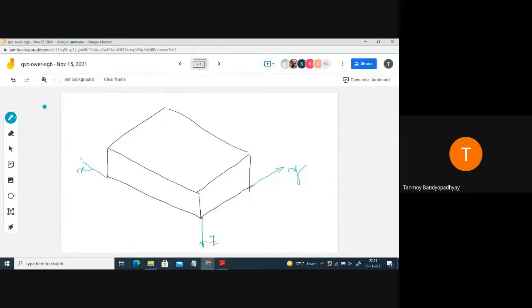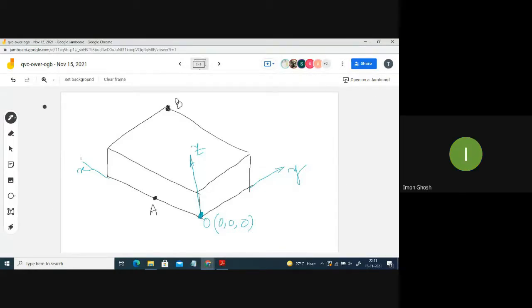Z you can take on the upside also, so that it comes to be positive. So let me take it on the upside. Any reference system you choose is allowed. This is what I have chosen for this problem, and whatever I do will be based on this reference system. So I have chosen this one. This is the point A. This is the point B.